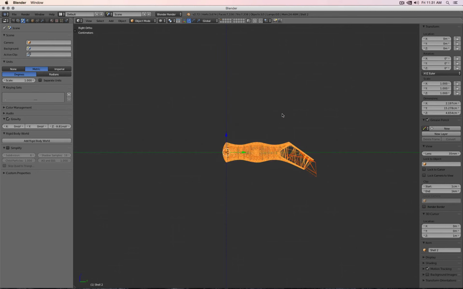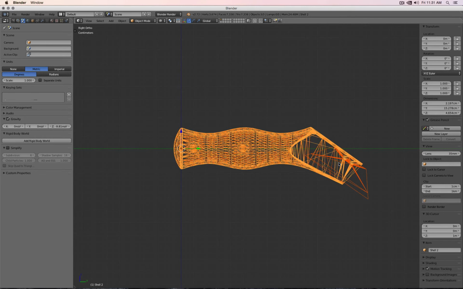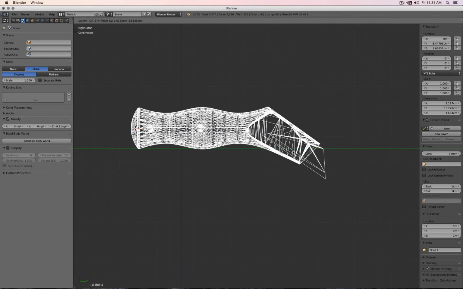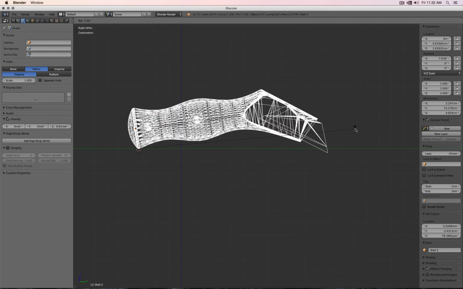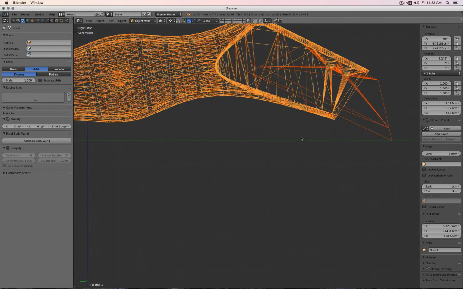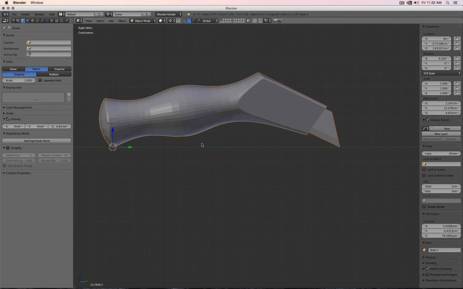So let's say maybe I would like this blade to sit on the ground. So I could, for example, move this one up there, and then I right mouse button click to here, so that I set my 3D cursor. Then I set my pivot point to use the 3D cursor, and then I can rotate everything around that point. So you see, this way I can easily